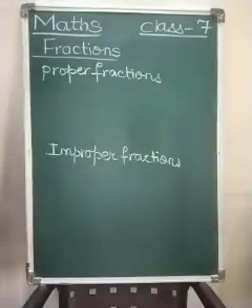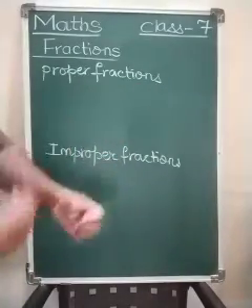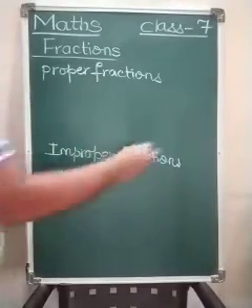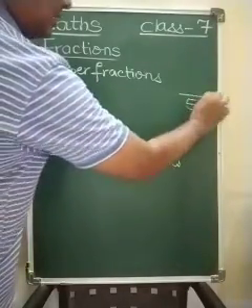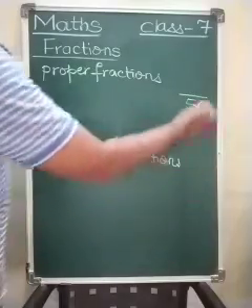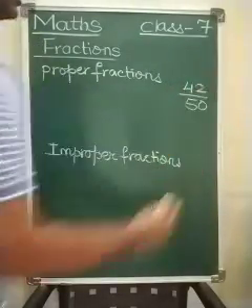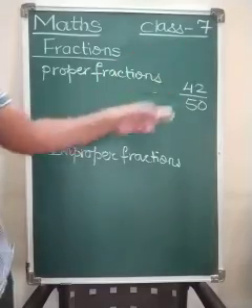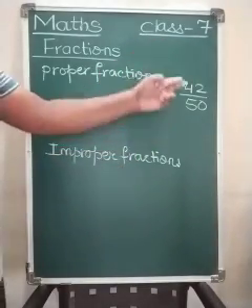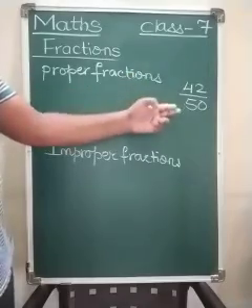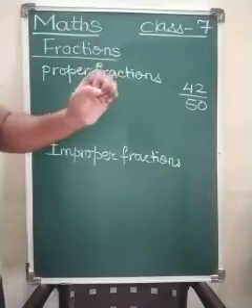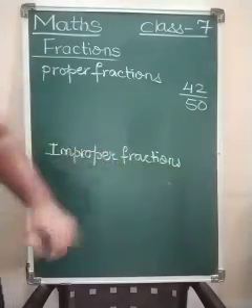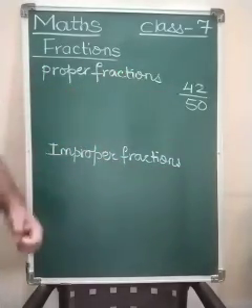Now these fraction numbers you can also see when you get your marks in your examination. Suppose a 50 marks exam has been taken. So out of 50 marks, how many marks have you scored? Suppose you have scored 42 marks, then out of 50 you have scored 42 marks. Again, this is a fraction number. Now is this a proper fraction or an improper fraction? That we have to decide. Already you have learned what proper fractions and improper fractions are. So what is meant by a proper fraction?